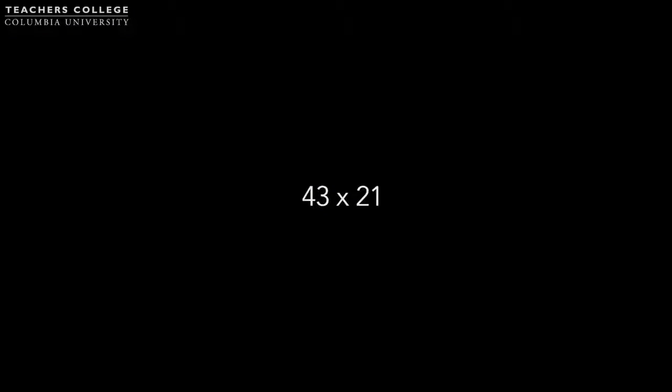This is clearly harder. Why? You had to hold the numbers in your short-term memory and manipulate or work them in some way. Hence, we call this working memory. Here's another example of working memory. Multiply these two numbers in your head, 43 times 21. Again, pretty hard to do because you had to manipulate or work with what was in your short-term memory, multiplying